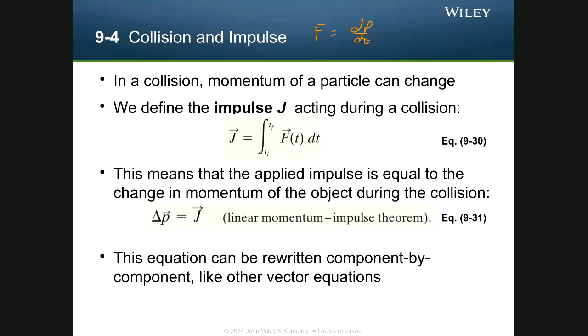That's our momentum. That's all we need to really remember from yesterday. We can see from the calculus relationship that the impulse will just be the overall change in momentum,